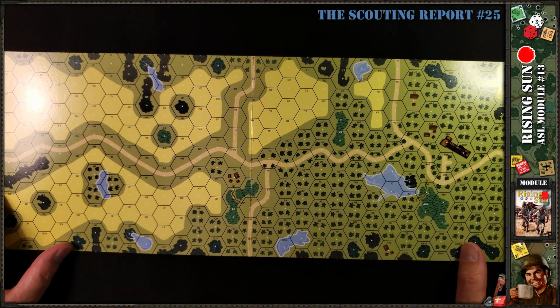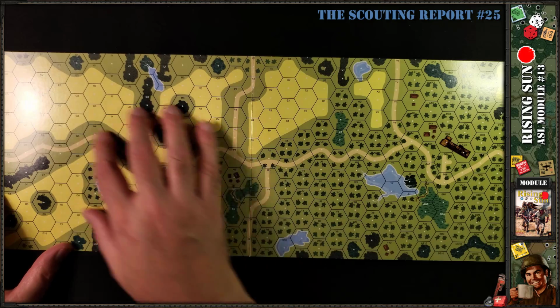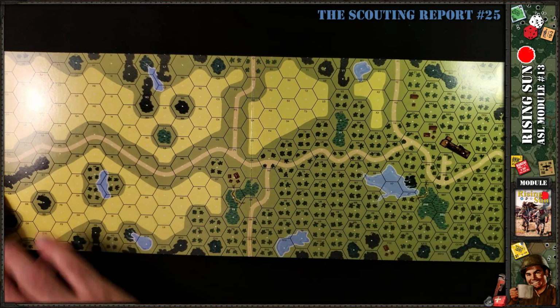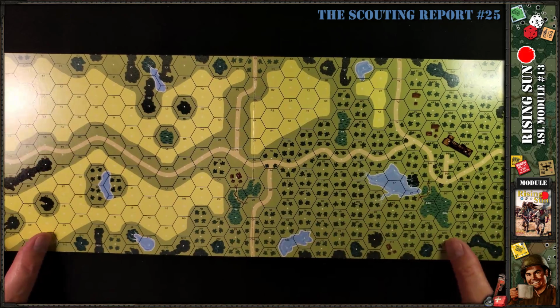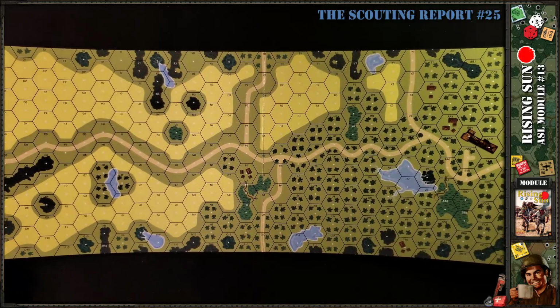This could also be a map from anywhere. Orchards, grain fields, or palm trees, kunai, or overlays with rice paddies or whatever. You could use this board pretty much anywhere. Board number 35. Board 36